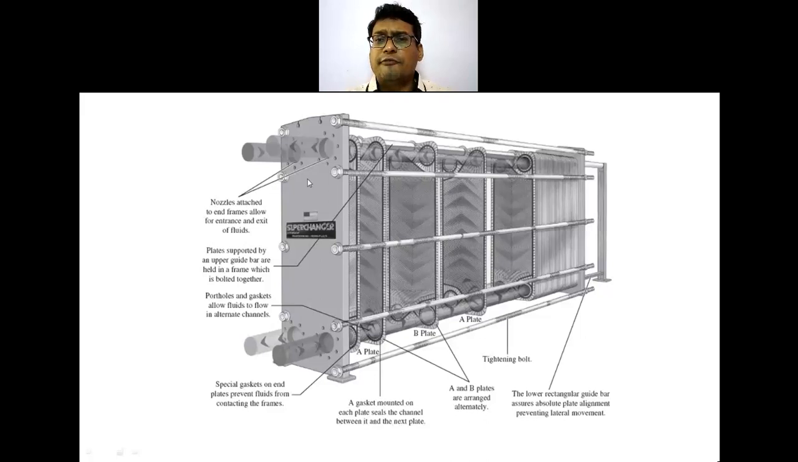Then there is a fixed base plate and a moving plate. Inside these two rigid plates, a number of small plates are available. In these small plates, the heat exchange will take place. These are my small plates, which have corrugations, and the direction for the flow is also